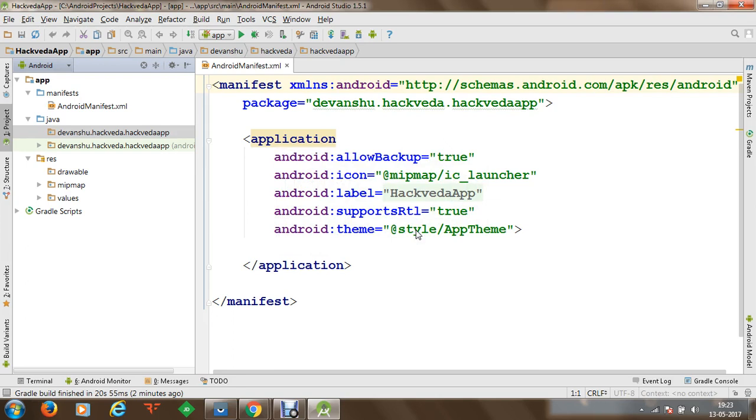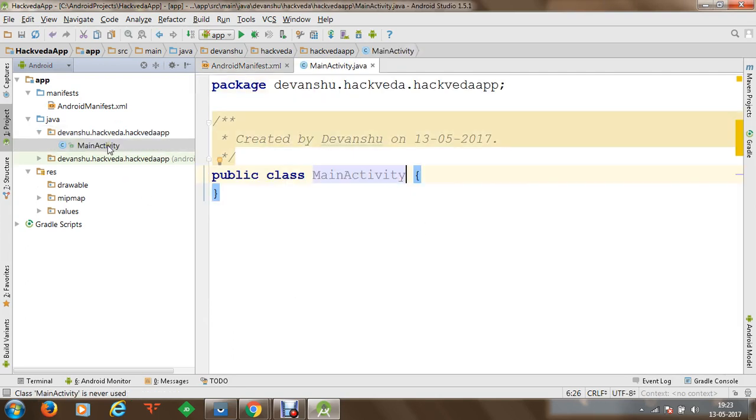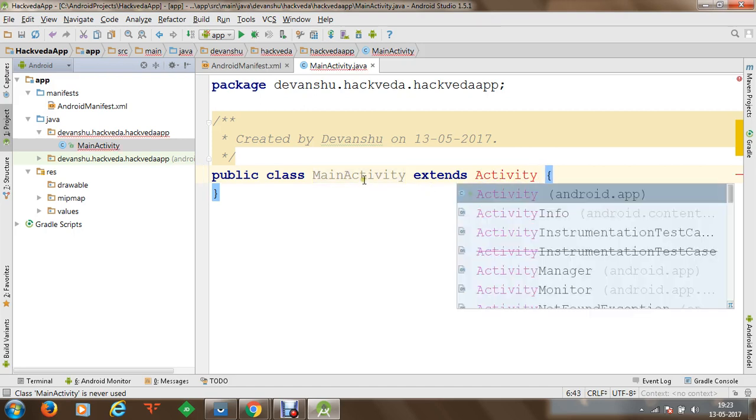I'm going to click on OK, and now a class MainActivity has been created. It is a simple class, it's not an activity at the moment. It will become an activity once we extend the features of Activity into this class. So the default activity class is Activity, which I can quickly extend to my MainActivity. And once we are done with this,